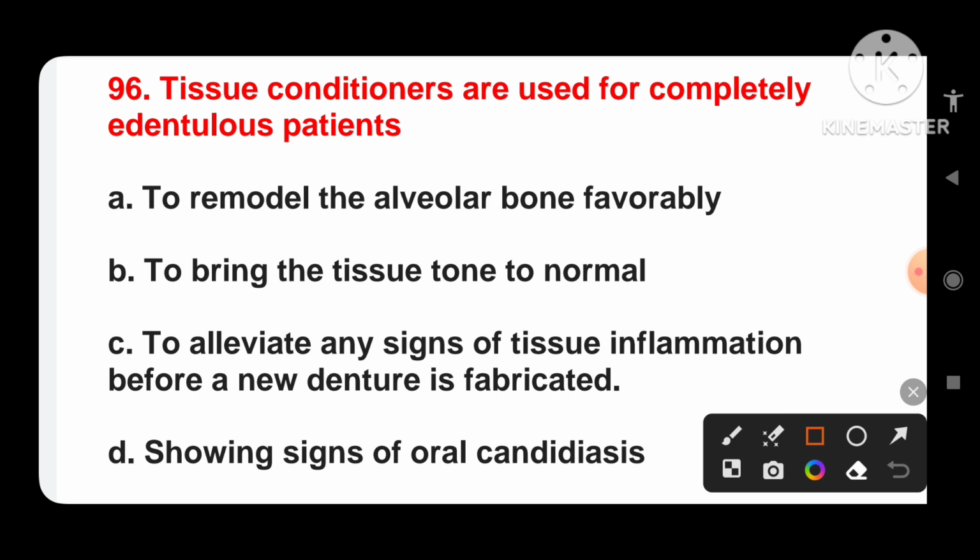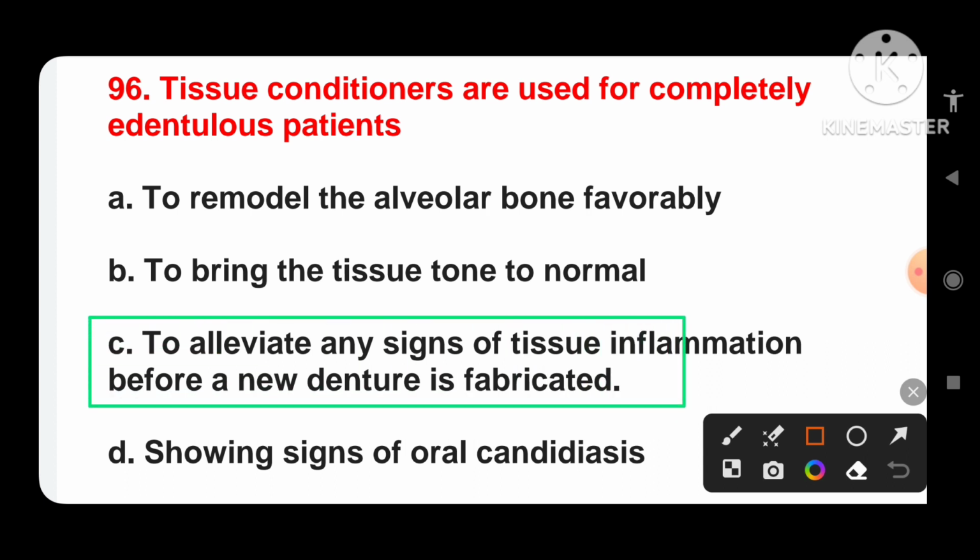For complete edentulous patient, to alleviate any signs of tissue inflammation before a new denture is fabricated. This helps improve the fit and comfort of the denture by adapting to the contour of the edentulous ridge and reducing the tissue irritation. The primary purpose is to create a healthy and well conditioned foundation for the denture. So, to alleviate any sign of tissue inflammation before a new denture is fabricated, tissue conditioners are used for completely